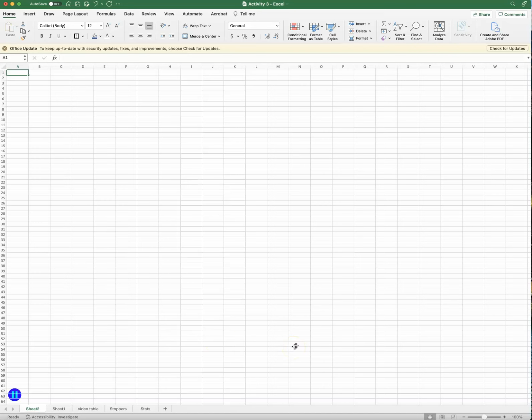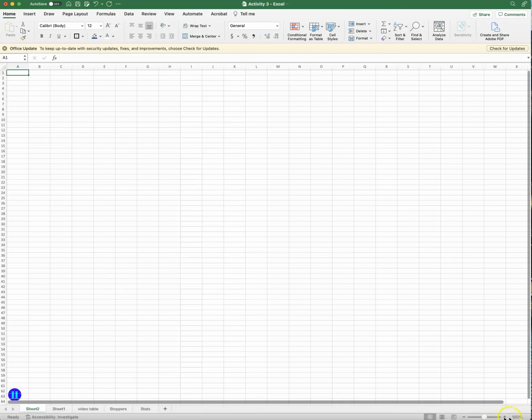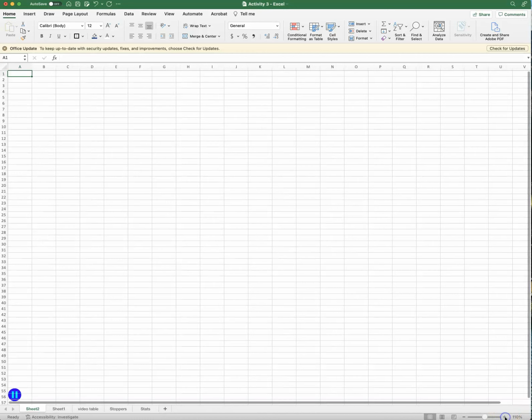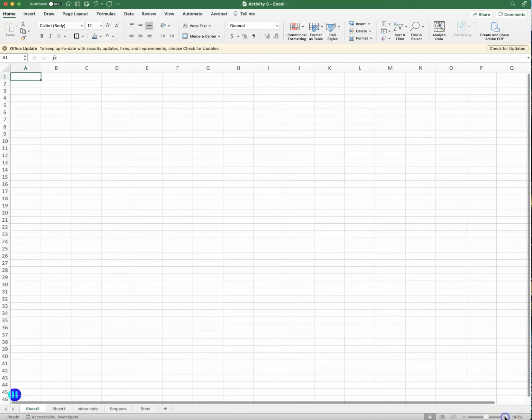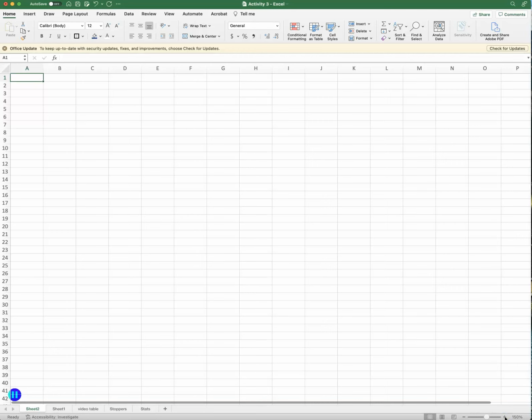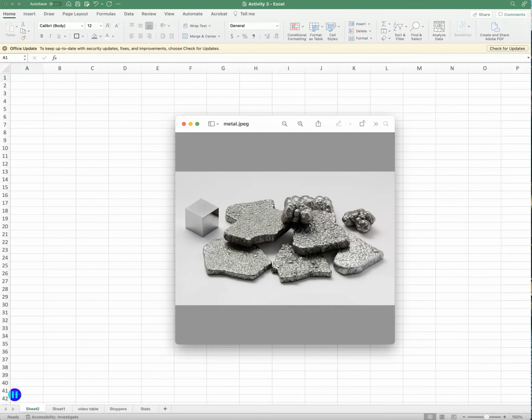So the first thing is when you open up an Excel program, you'll have what is called a spreadsheet. Now, right now, this spreadsheet's pretty small. I'm going to go down here and increase the size just so it is a little easier for me to see. The other thing is, let's say you're in lab and you have to collect data, and your data is